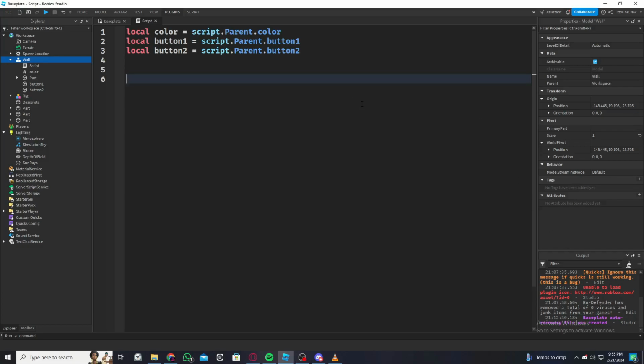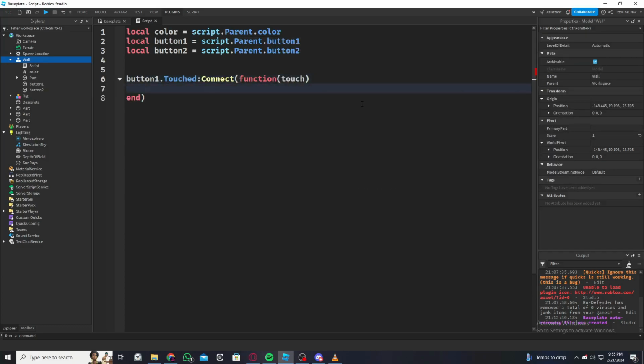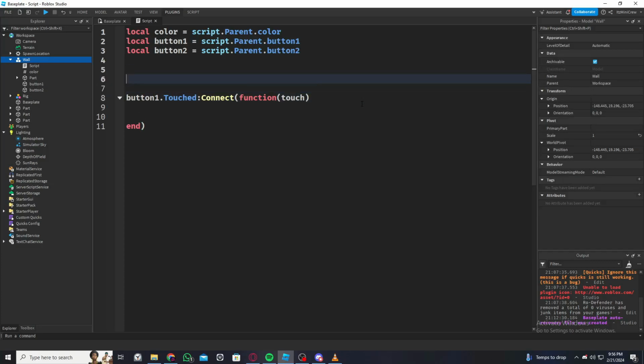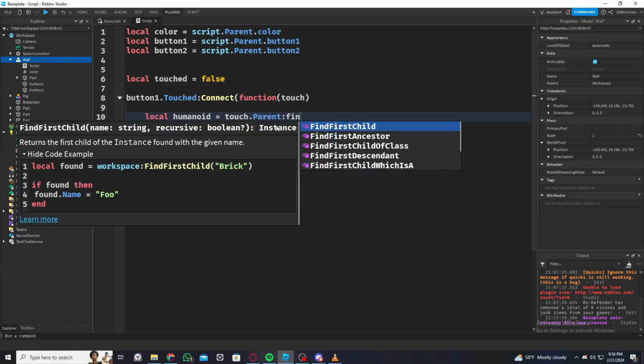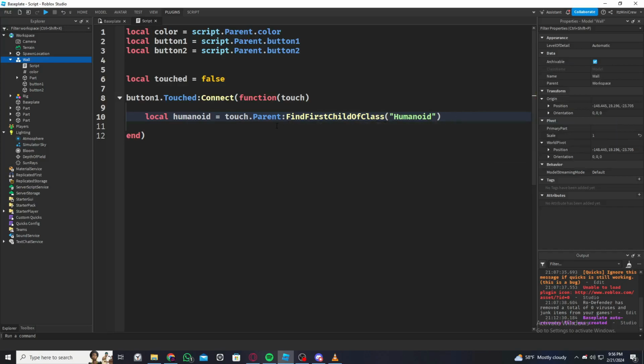So I'm going to use the touched event. So Button1.Touched, connect to a function touch, and we are going to be calling this. Okay, we'll make a variable called touched and put it false. And here we're going to see if a character touched it. To do that, we can look for the humanoid. So touch.Parent:FindFirstChildOfClass("Humanoid"),